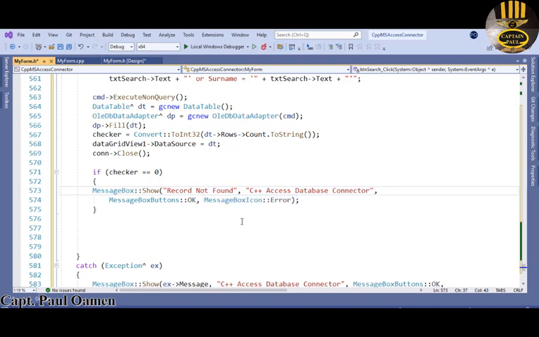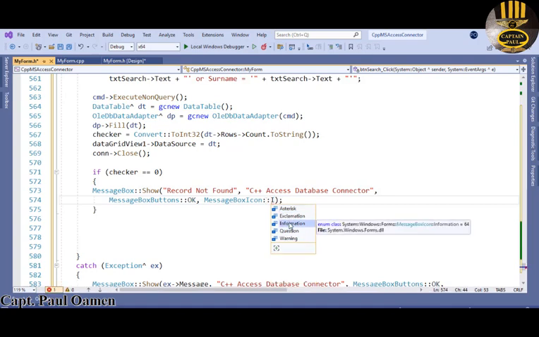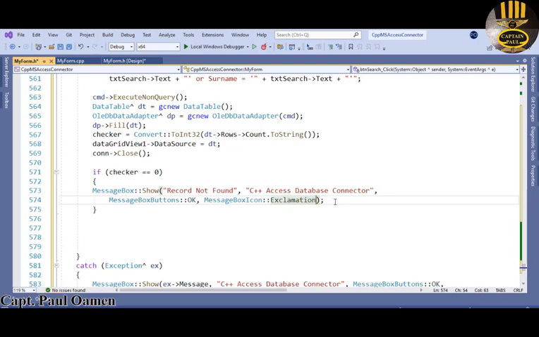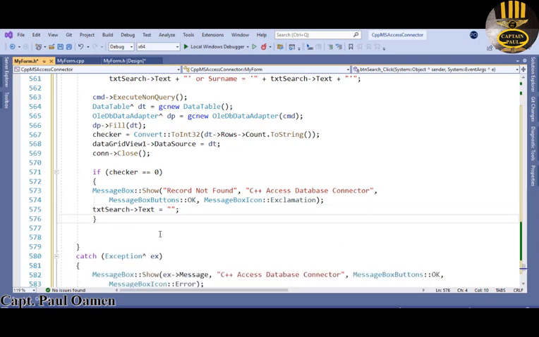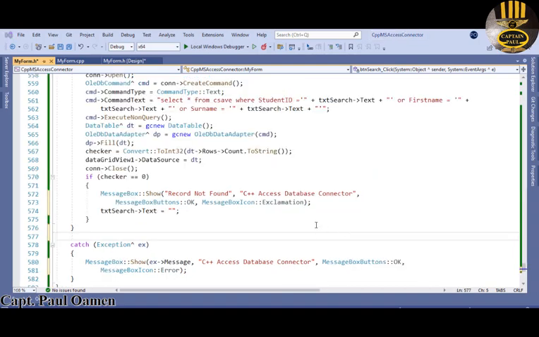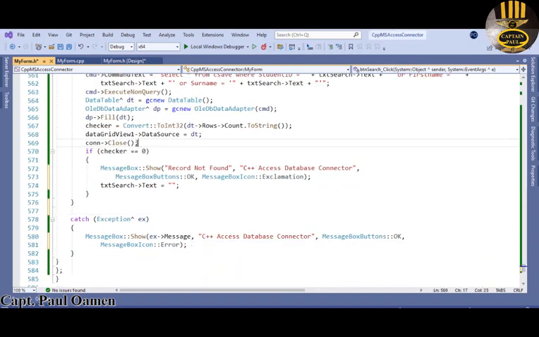Okay, that can be an information, not error, or maybe exclamation, whatever. Alright, so clear whatever we have inside the text box. Get it cleared. Equals clear. Alright, so that should take care of the search. And let's close it here as well. Okay, if there's any error, so just close everything. Alright,